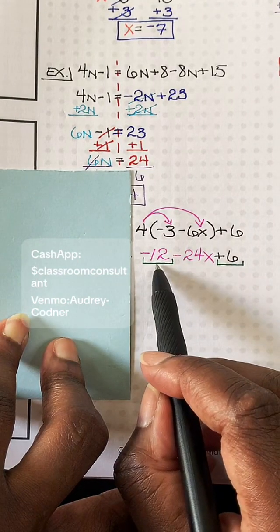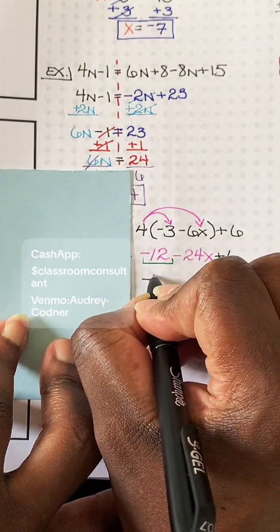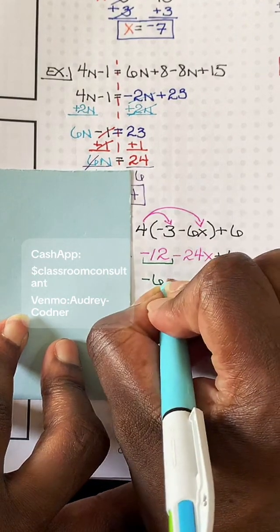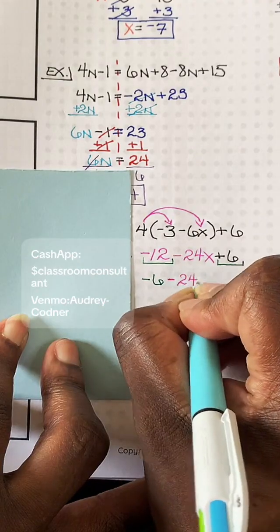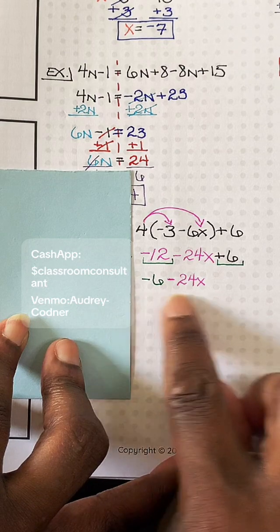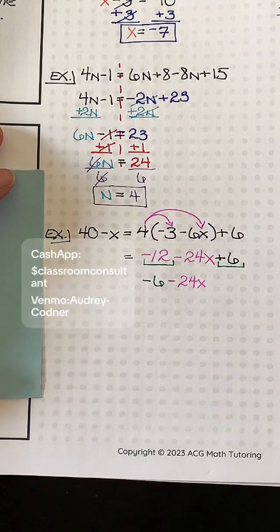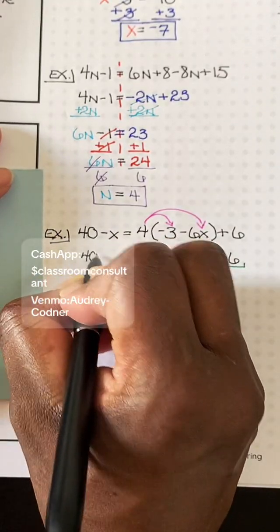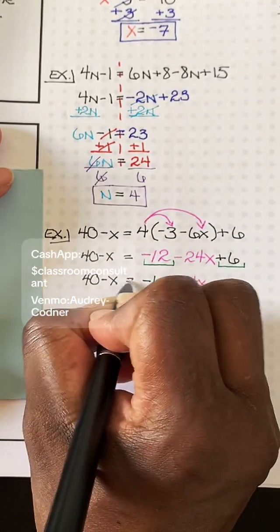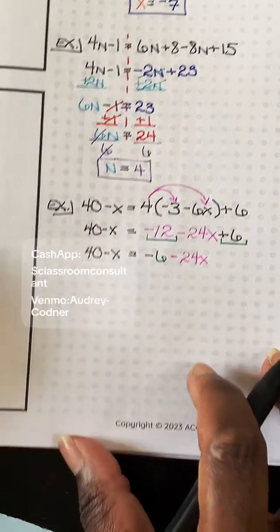So I owe somebody $12. I paid them $6. That means I still owe them $6. And then I just bring down the -24x. So now that I don't have any more like terms, I can bring down the remainder. So I got my 40 minus x and my 40 minus x. Okay. So now that that's happening,